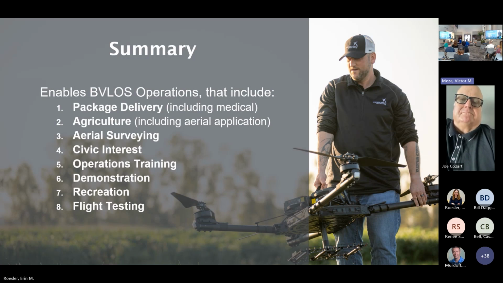Why? In the preamble, it talks at length about a safety continuum. So the FAA looked at what was going to be permissible under Part 108 and said, hey, look, 107 is probably one of the lowest risk operations. We cap it at 55 pounds. It's below 400 feet, typically, right? It's visual line of sight for the most part. It's a low risk operation.